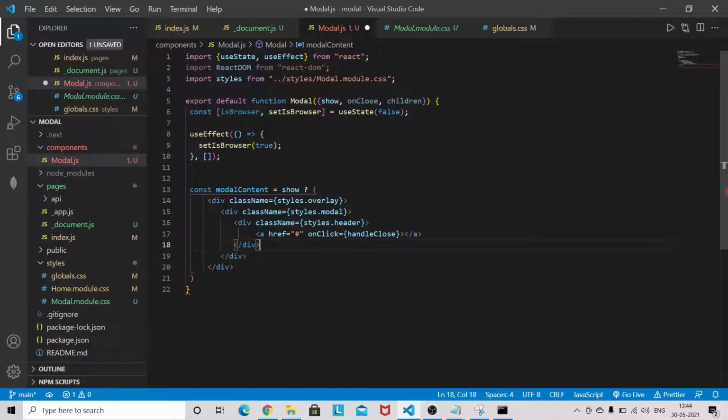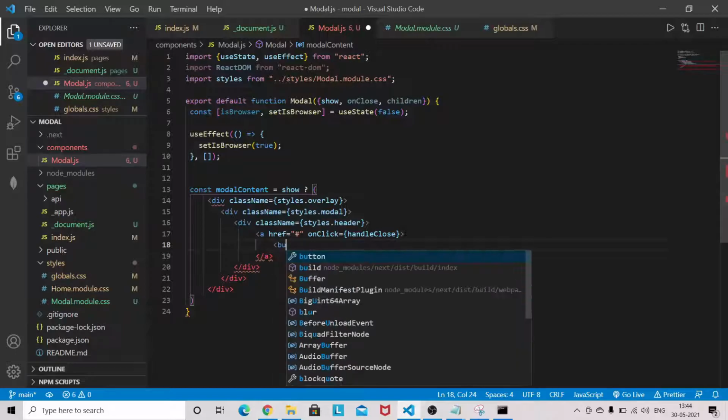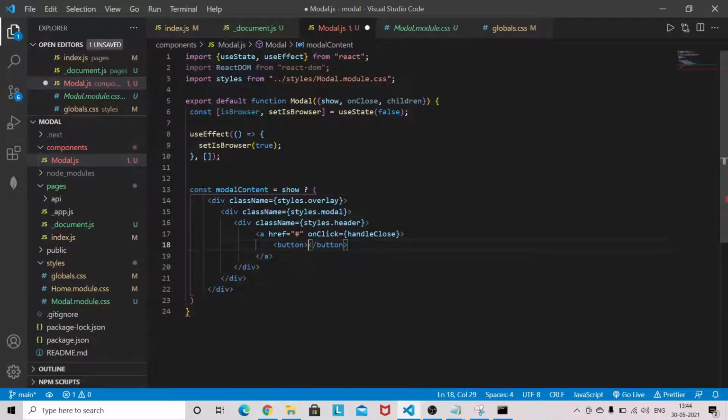So now inside the a tag we'll be having a button, okay, so className, this will be again a global class I will give here, and this is the close button.